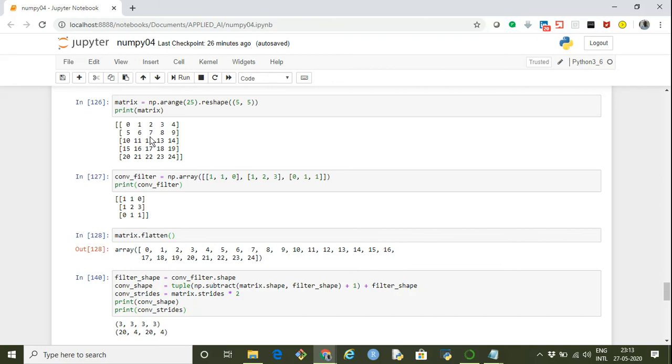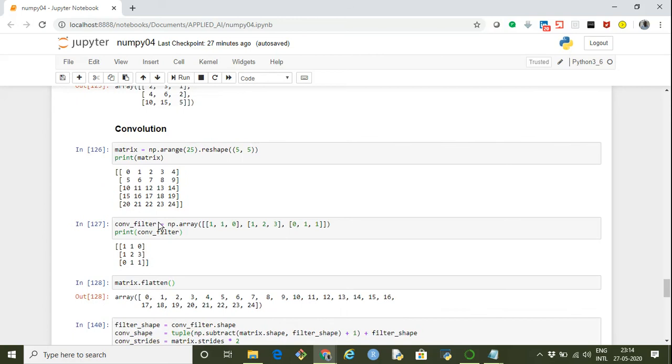So basically we create many 3 by 3 sub-matrices from this bigger matrix, multiply all such sub-matrices with the smaller matrix, and whatever we get, we sum it up to produce the final result.